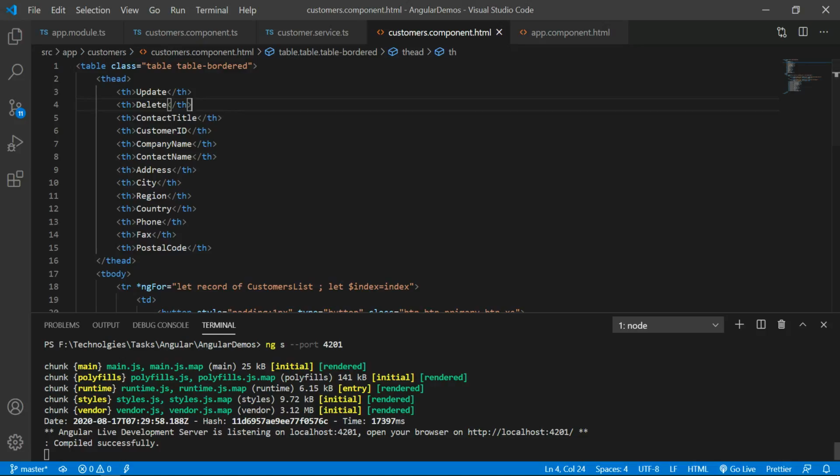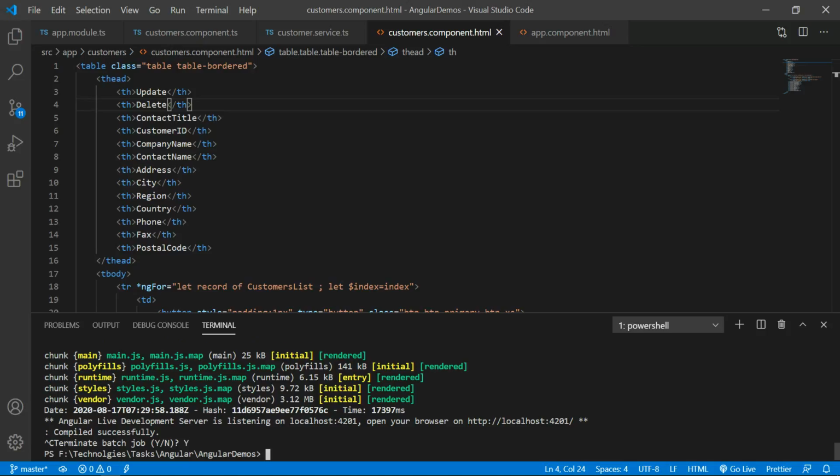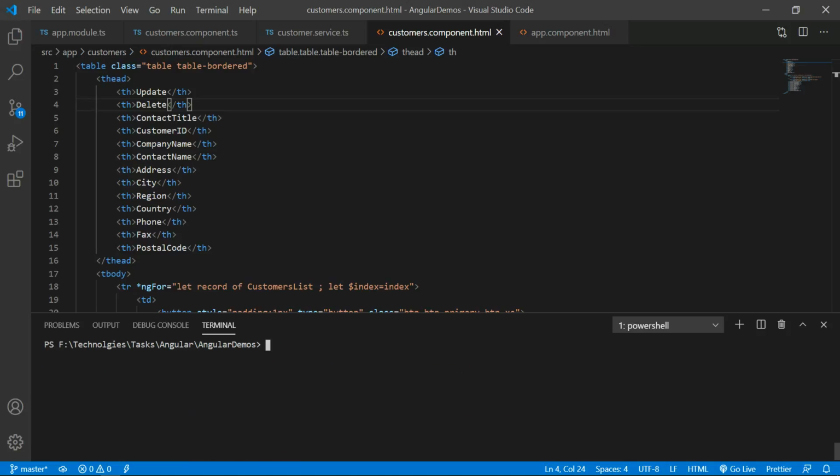Let me stop this server by pressing Ctrl C, and let me clear that. For the new component I am giving the name get customers.